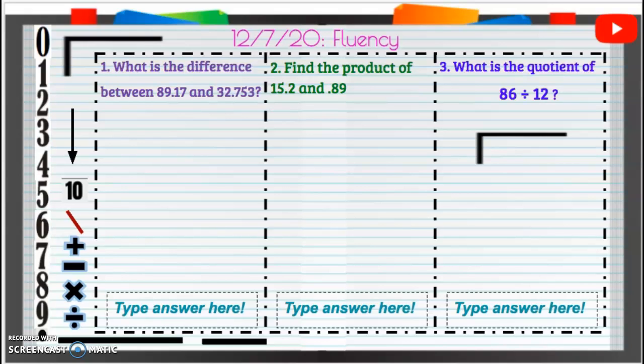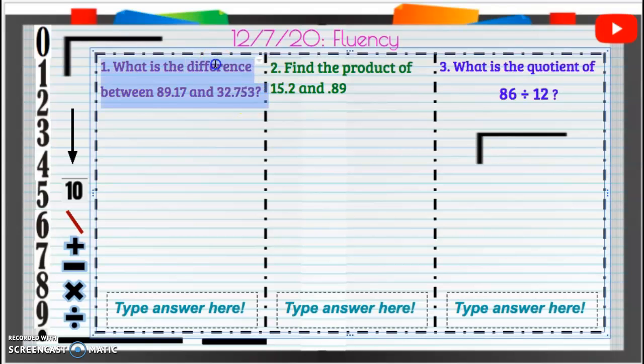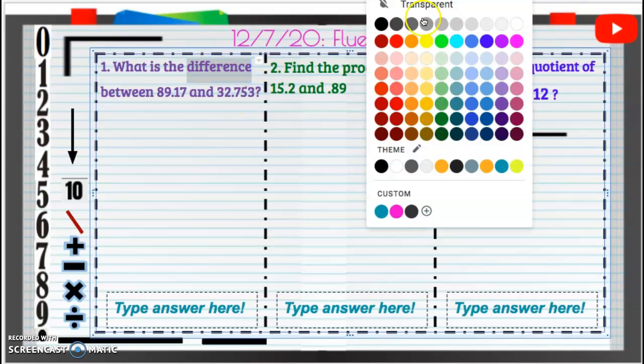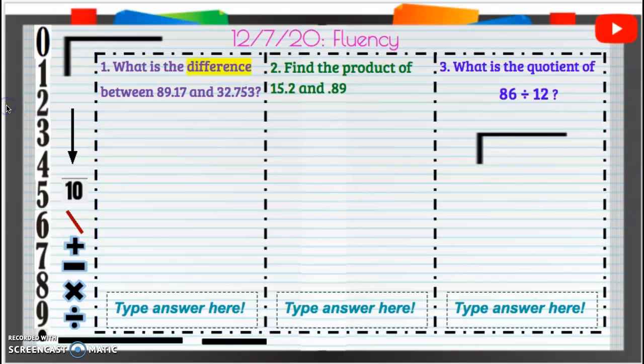December 7th, 2020, Fluency. Number 1, what is the difference between 89 and 17 hundredths and 32 and 753 thousandths? All right, so remember that word difference means we're going to subtract. Now, when I'm subtracting decimals, do we have to line them up? Yes, we do. So we have 89,